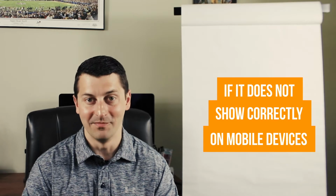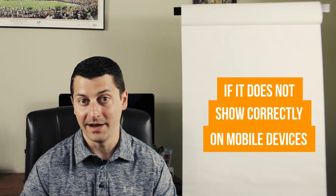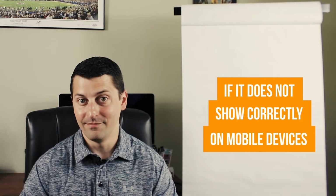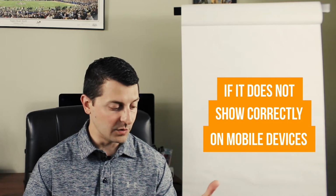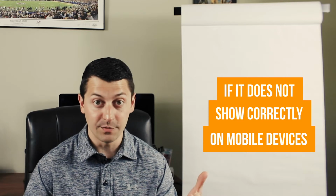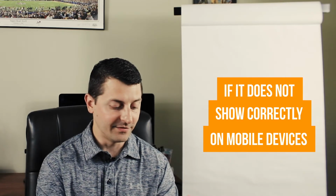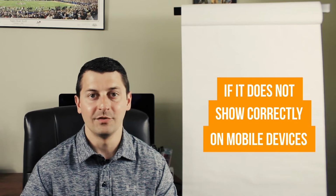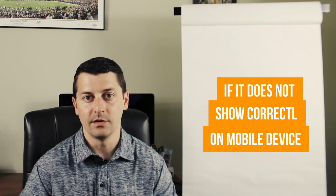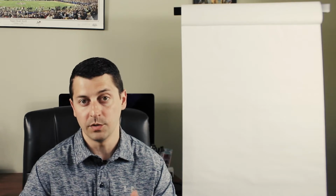big problem. We're well into the 2000s now by a couple of decades, and websites have been mobile optimized for a while. So if someone gets on your website on a phone, which almost 80% of the people do now, and they have to scroll around and zoom, that's a big problem and it's super annoying to them. So they're probably gonna leave your website, making your bounce rate increase. Bounce rate, by the way, is the amount of people that just jump on your website and then jump back